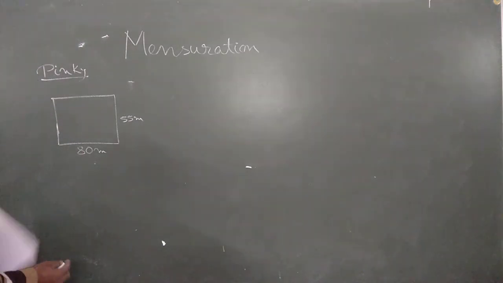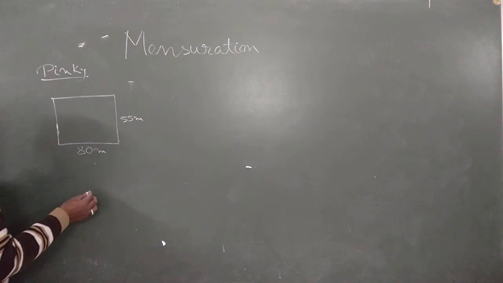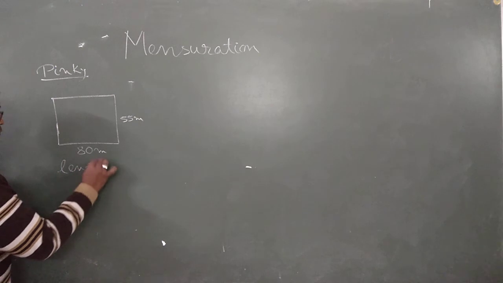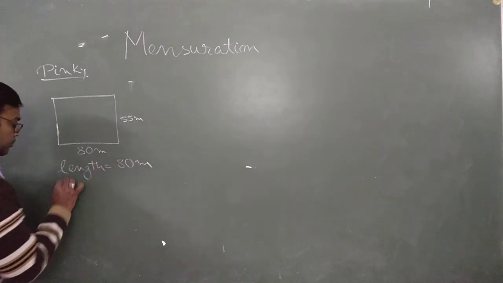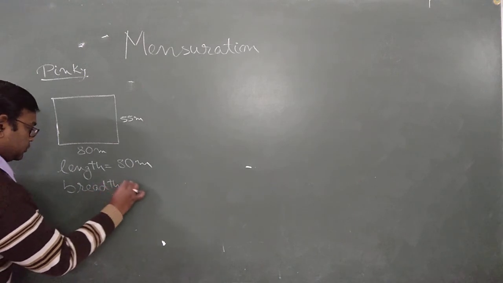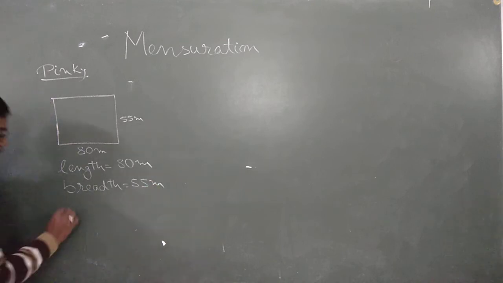Clear? So here we have length equals to 80 meter, breadth equals to 55 meter. So perimeter equals to